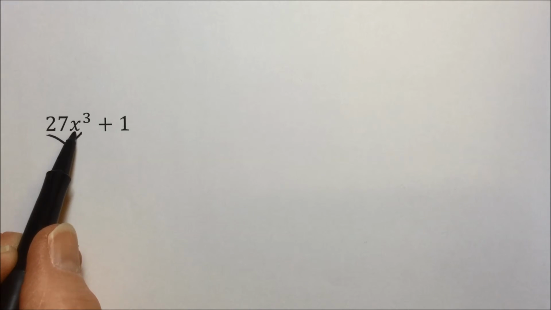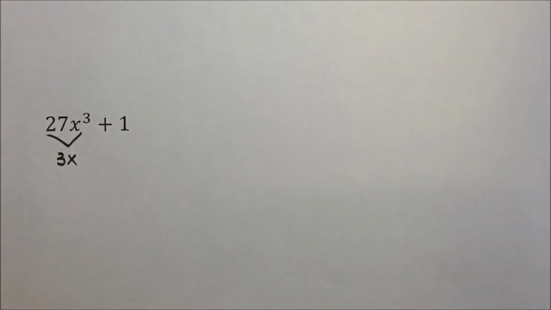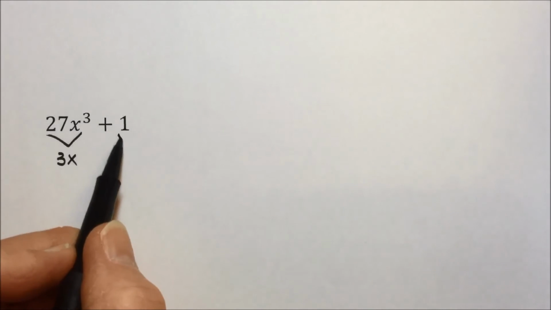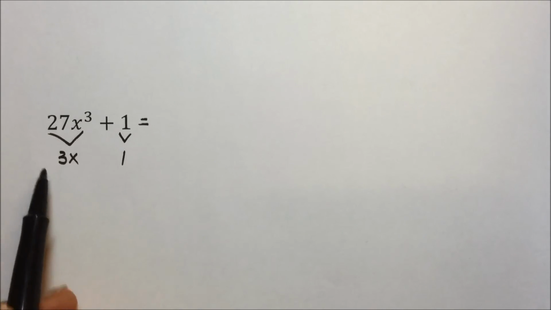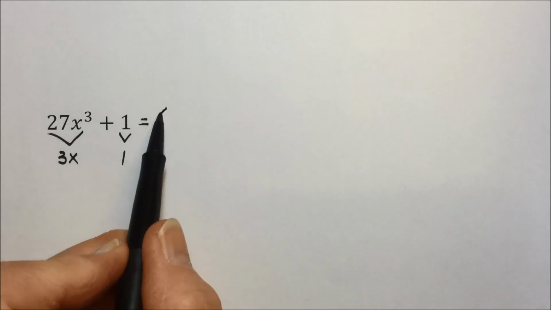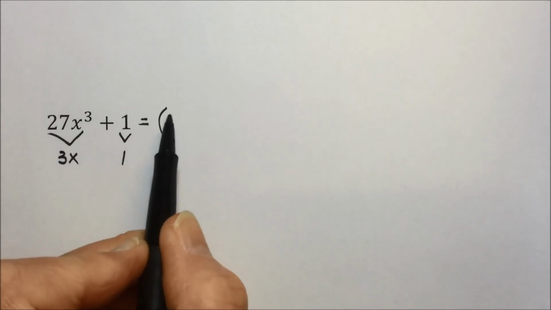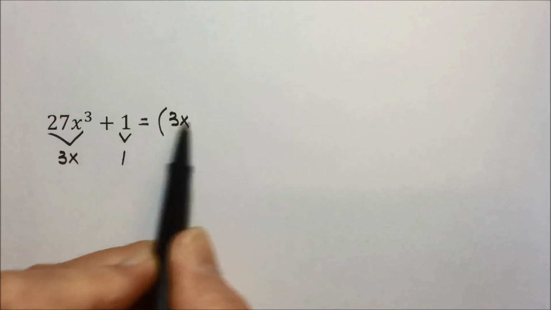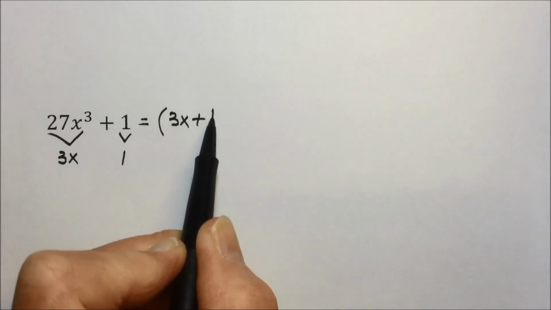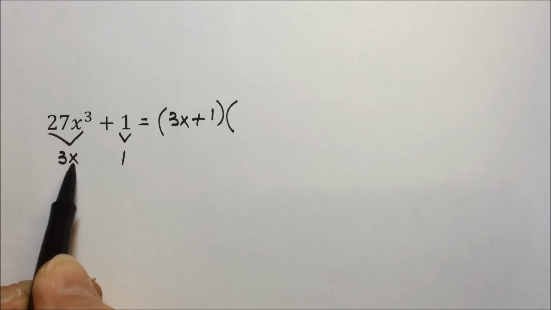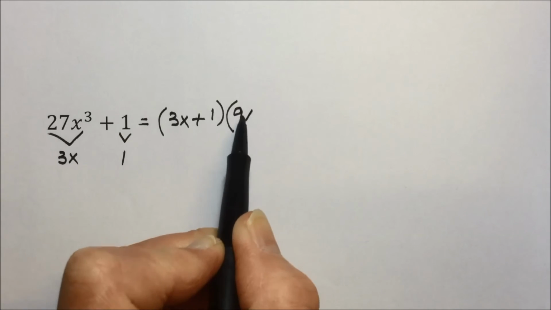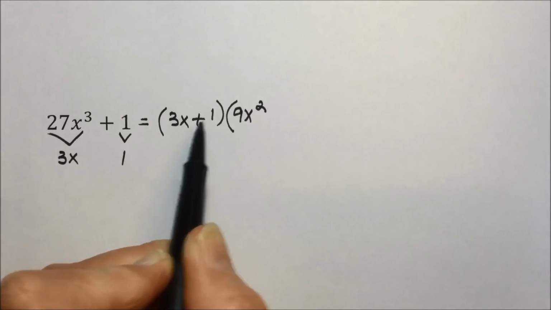The cube root of 27x to the 3rd is 3x, because if you take 3x times itself 3 times, it gives you 27x to the 3rd. The cube root of 1 is 1, 1 times 1 times 1. And then we're ready to factor this. The form for a sum of cubes is first term cube root, same sign, cube root of the second term, times the square of the cube root, so 3x times 3x would be a 9x squared, opposite sign, so we'll put